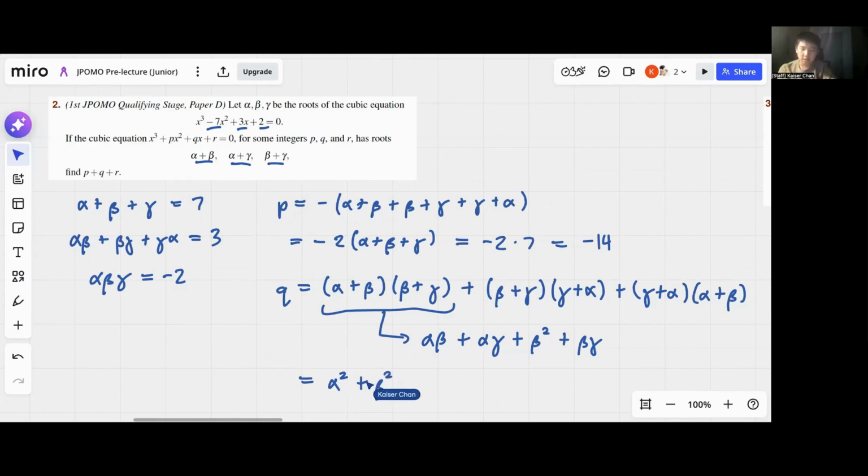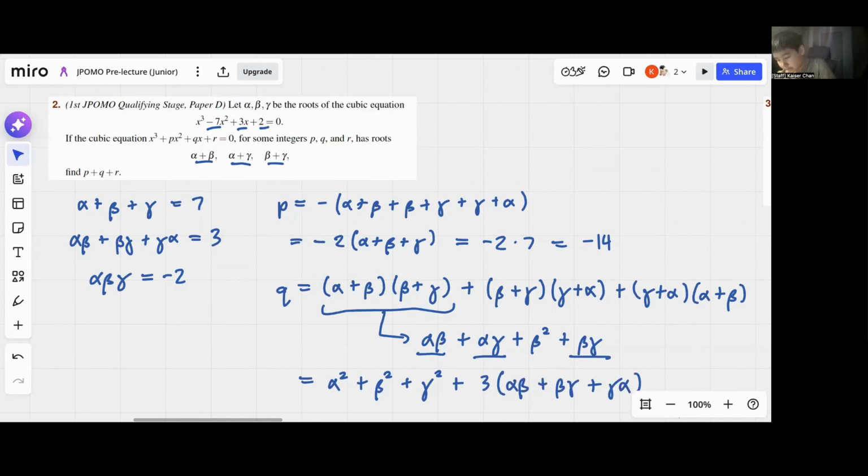There's a question here. How do I tell if it's symmetric? Basically, the definition of symmetric is if you switch any two of the variables, then the expression should still be the same. So for example, here, if I switch alpha and beta, then the expression will become